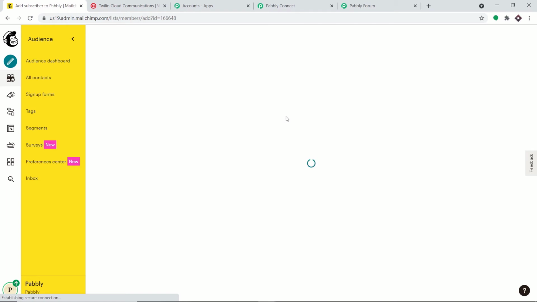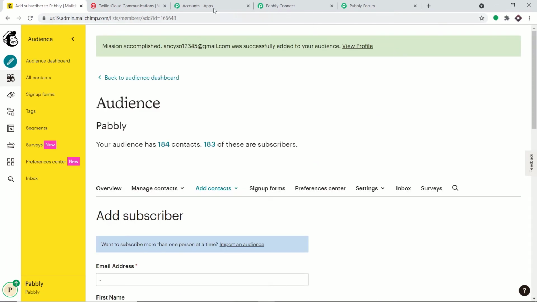Now, this is the whole process. To send an SMS, we will be using Twilio. Before we get into Twilio, let's check whether Pabbly Connect has captured the data. But the subscriber hasn't been created yet. Give it 1 or 2 seconds. As you can see, Ansi Ken has been added as a subscriber. Now I'm going to take it to Pabbly Connect to check whether Ansi Ken's data has been captured by Pabbly Connect or not, because Pabbly Connect is integrated with MailChimp and the trigger was a new subscriber.